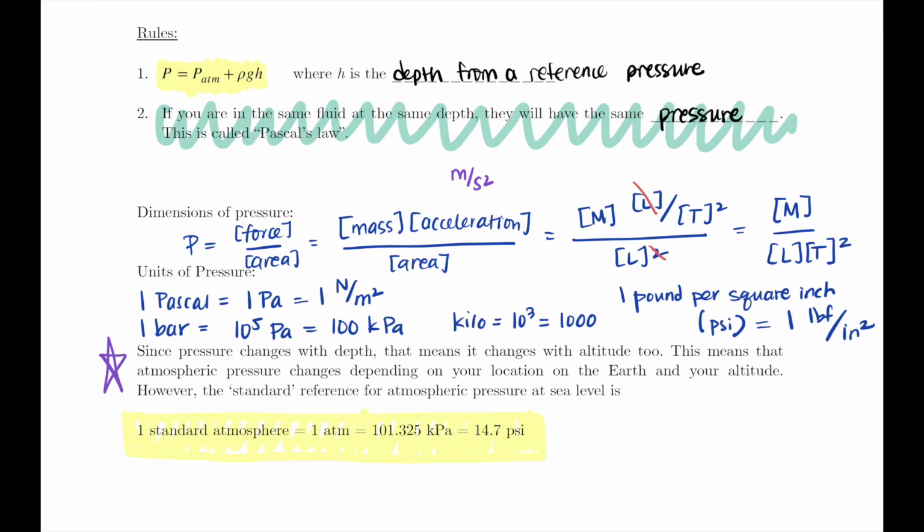Mass is already a primary unit, so we can have that as M. Acceleration is a length per time squared. And then area is length squared, right? So we can cancel out one of the lengths in the numerator and denominator. And we are left with M